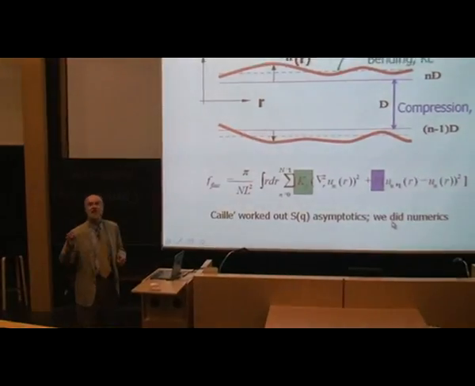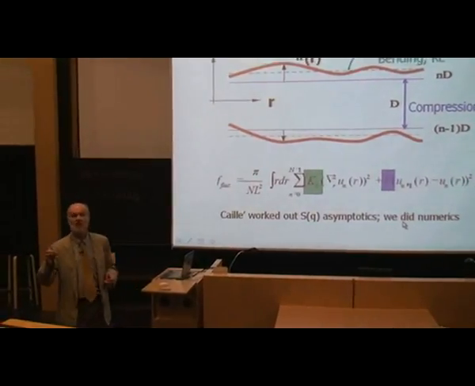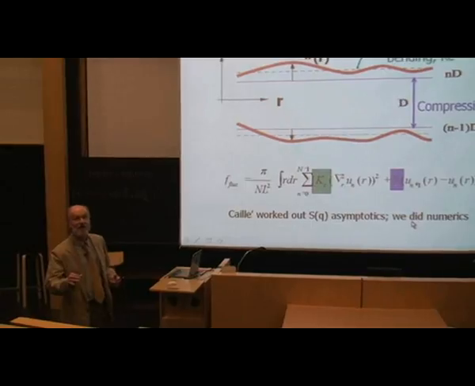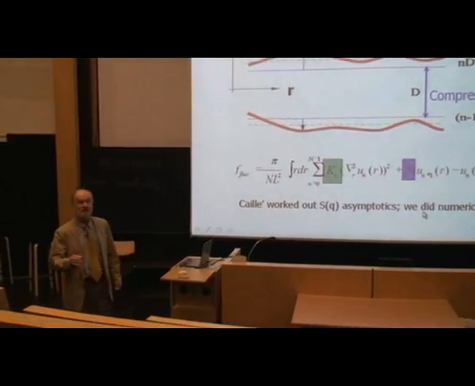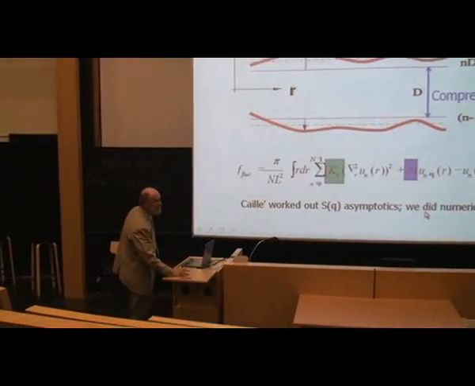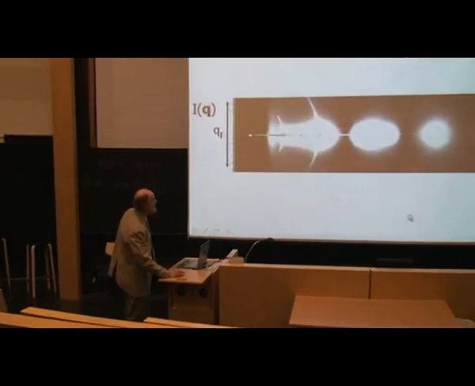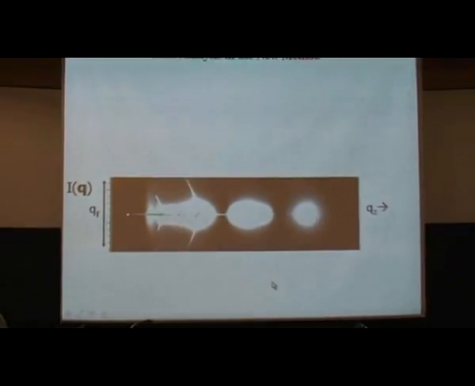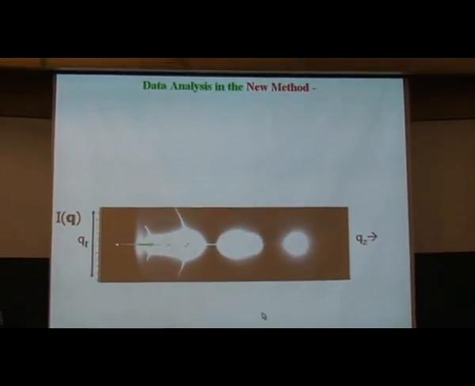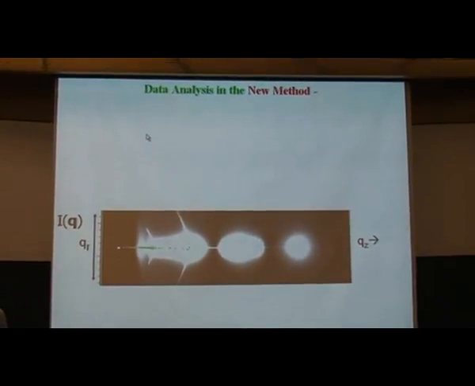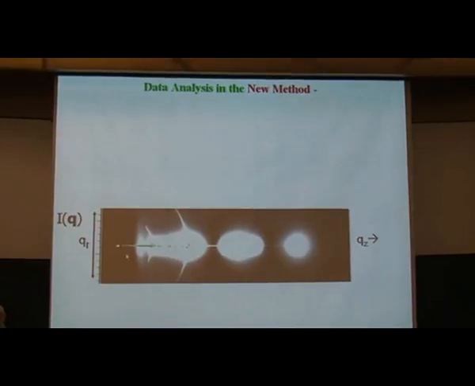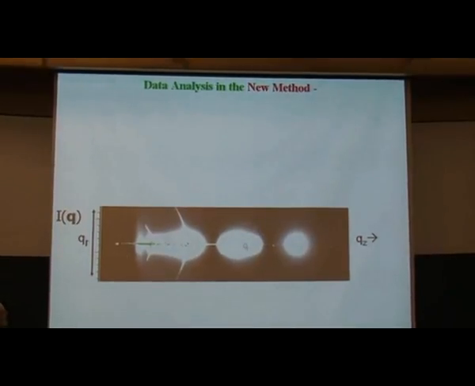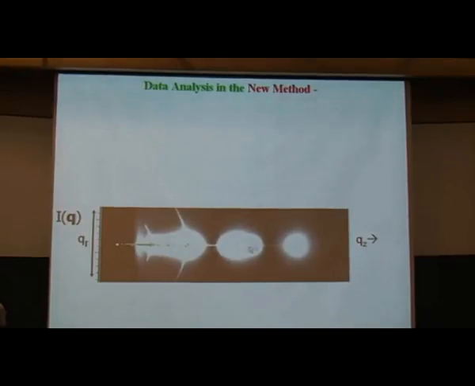However, to use this theory to analyze experimental data, you need to do numerics. I have some very, very talented graduate students who have worked this out, and we've done the numerics. That should be 5 slides, just to emphasize how much hard work we did. But I'm sparing you that because I'm getting near the end of the time that I have. So this is to emphasize the data analysis in this new method. What I'm showing you here, again, QZ is now in the horizontal direction. I should reorient these things someday. This is QR. And this is the diffuse scattering, which I've emphasized with my grayscale.